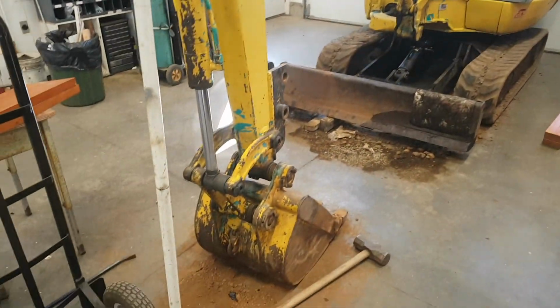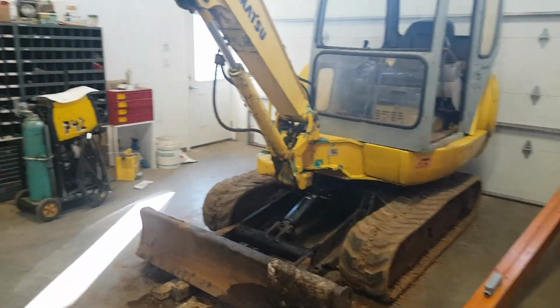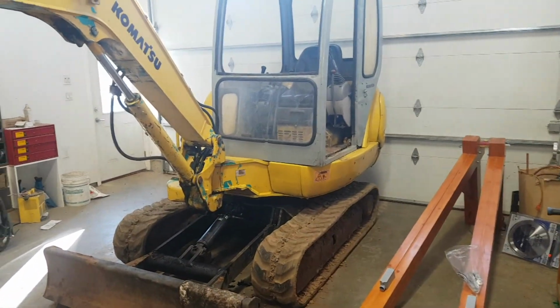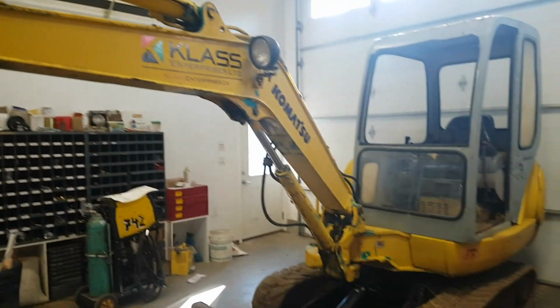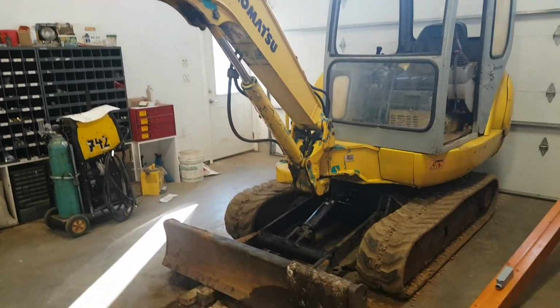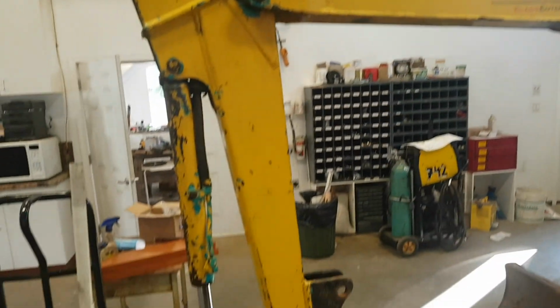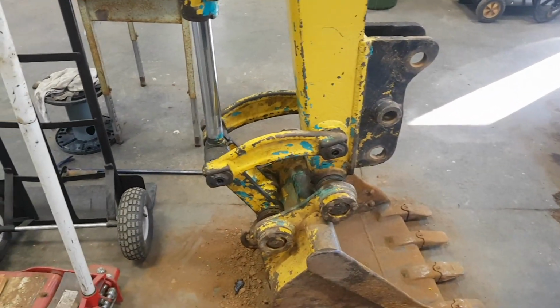Okay, so next shop project. My little PC-35. I bought this quite a few years ago, probably 10 years ago or something. And it was fairly worn out, so first thing I did when I bought it was get it repinned. All the bushings got replaced, with the exception of the bucket end. So this end I knew,